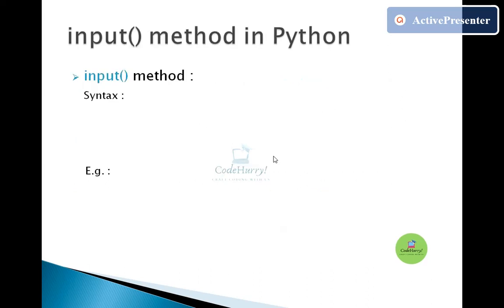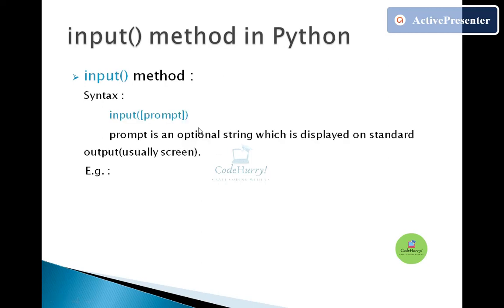First we'll see the syntax and usage of the input method, how we can get the input from users. It is very simple. The syntax of the input method is input and the optional argument, that is prompt. Prompt is just an optional string which is displayed on the standard output, usually the screen, which is used to guide the user on what input the code expects from them.